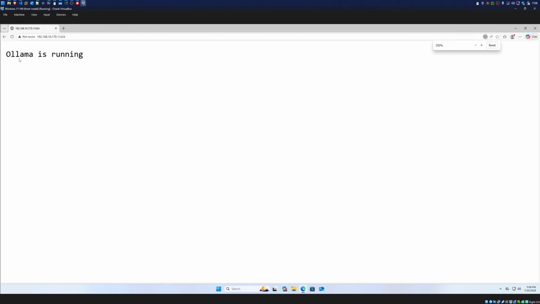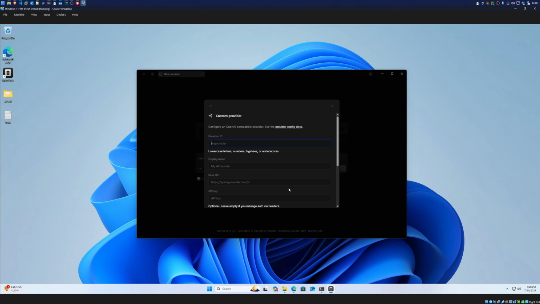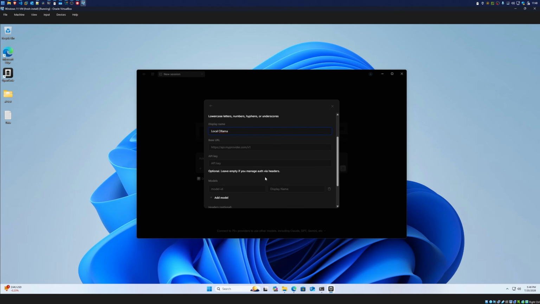And this is where it gets really interesting, because that address doesn't just work in a browser. Any app that knows how to talk to ChatGPT's API can talk to your Ollama instead, completely free and completely private. And that's exactly how I gave a local AI agent full control of a Windows 11 virtual machine in a previous video. So if you want to see what these local models can really do, that video is on screen for you to watch right now.